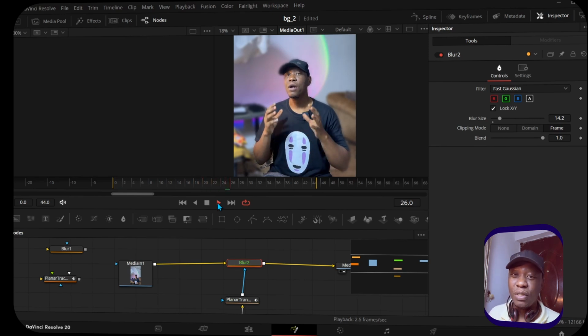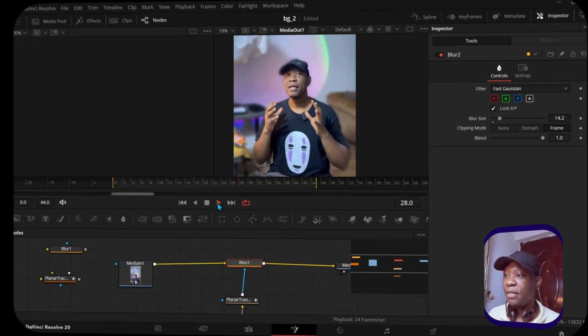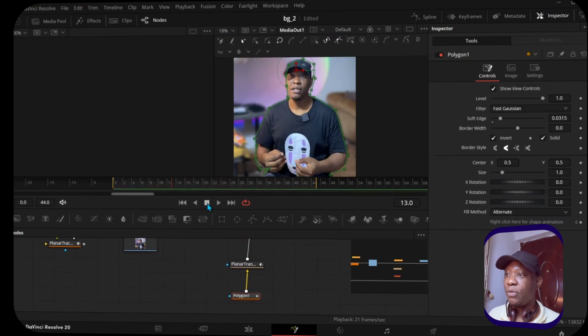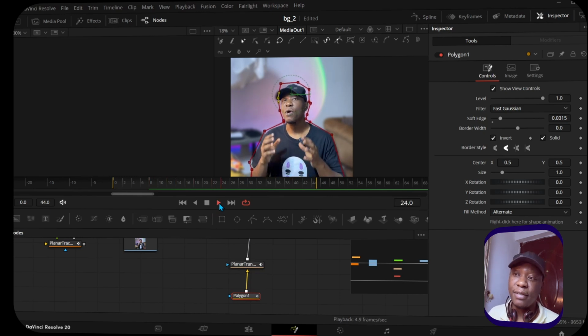So if you notice any points where you're actually blurring out maybe your fingers or the edge of the cap and you don't want that effect, all you can now do is go back to this polygon node here, not the tracker, the polygon, and we can say, at this point where we are in this position, we want to move this point slightly up a bit so it doesn't blur out our cheeks, maybe it doesn't blur out the hat. And there you have it, like that. So if you play that, it's going to re-render the clip,